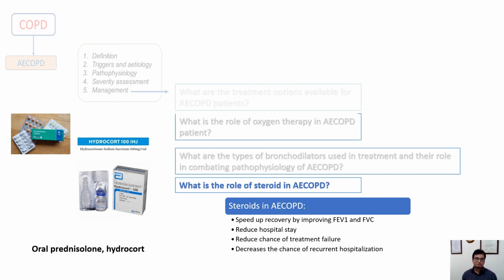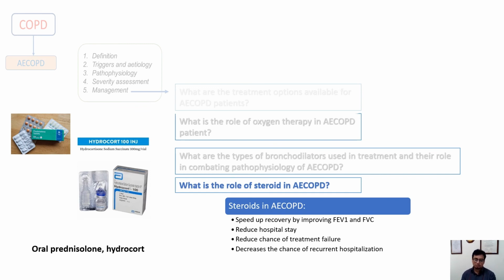So what do we use? We use prednisolone, which is recommended in the guidelines, but for acute exacerbation we can use hydrocortisone. Hydrocortisone can be used at a dose of 200 milligram per day, and if you are using prednisolone we can use 40 milligram per day. And what is the duration of steroid to be given? The duration should be kept short, from 5 to 14 days. That is recommended as per GOLD Guidelines.